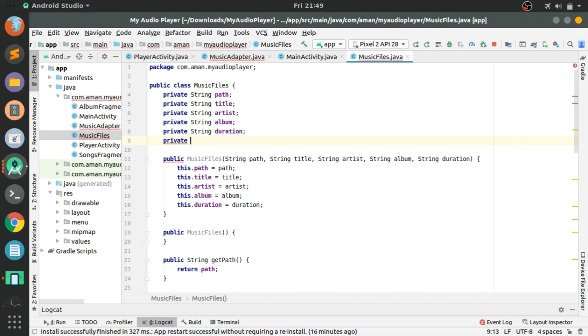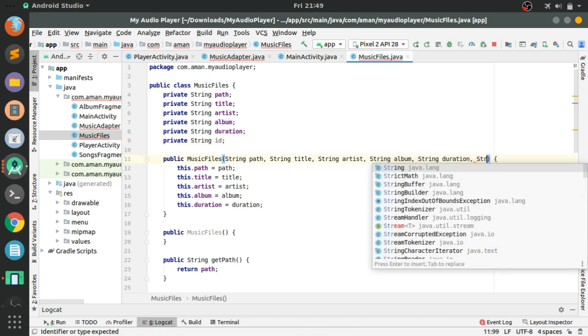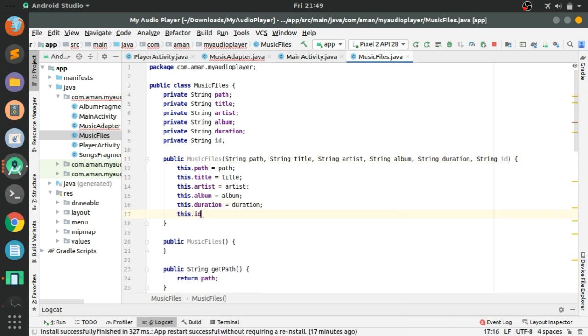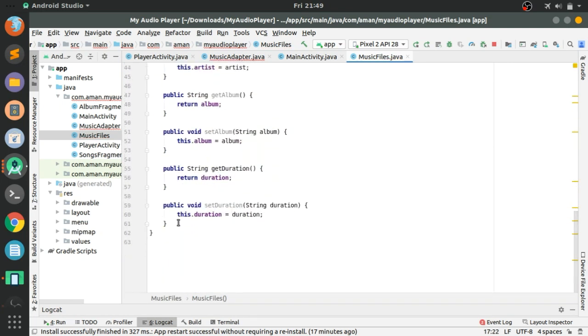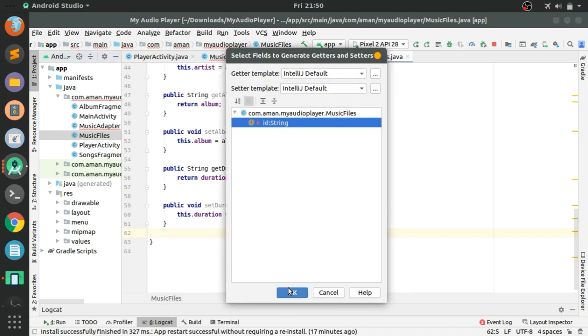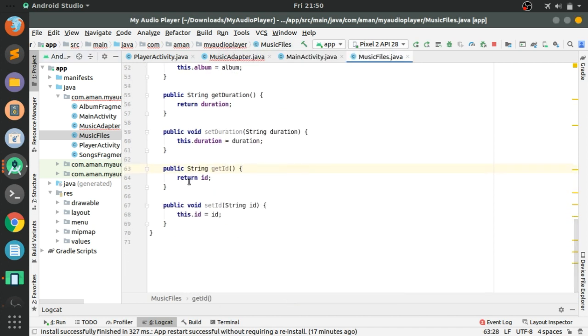For this I'm going to create a variable, private String id, and pass this id in the constructor, String id, and initialize this instance variable. Now press Alt+Enter and generate getter and setter methods for this ID string. Now close this,